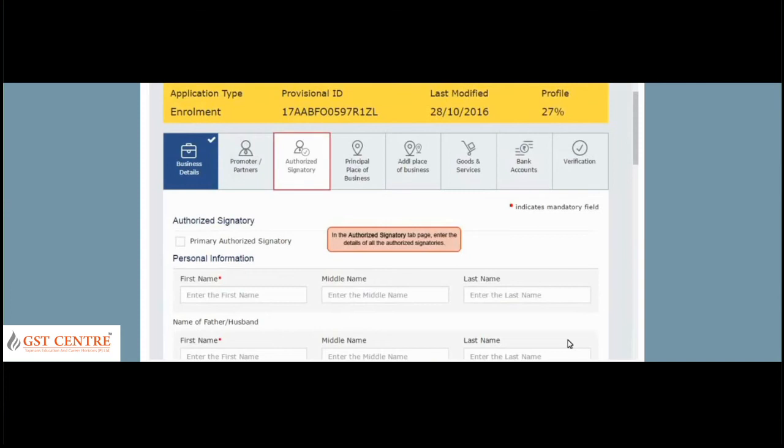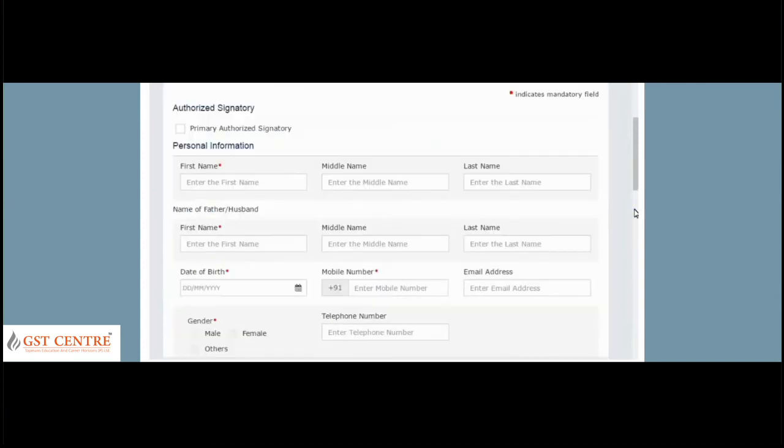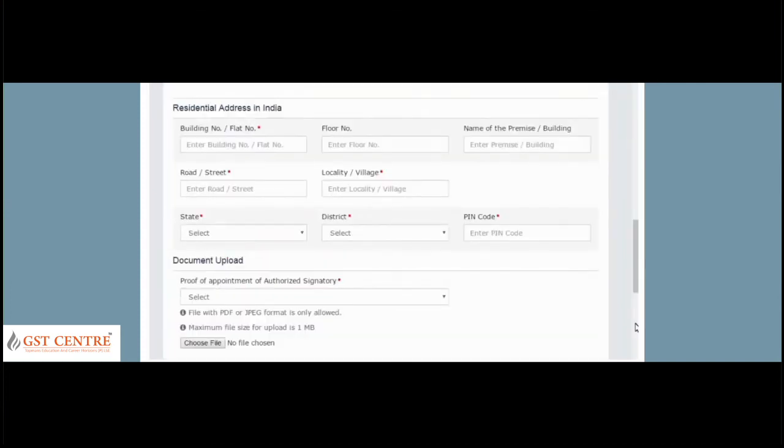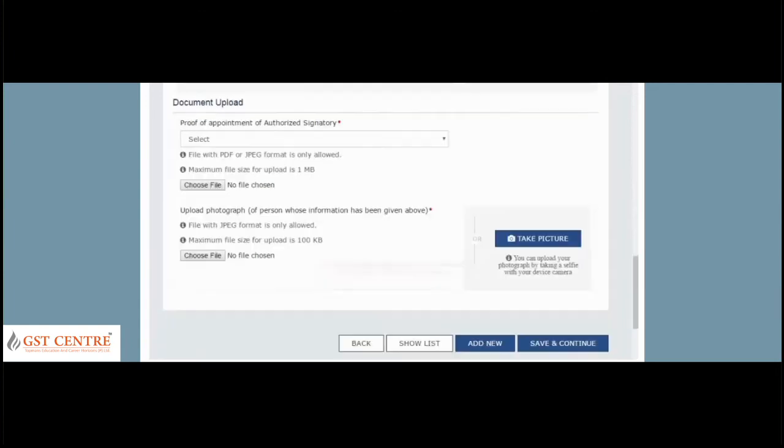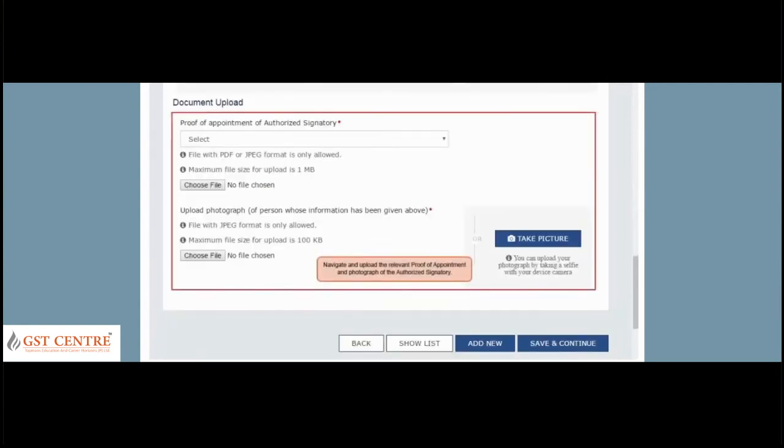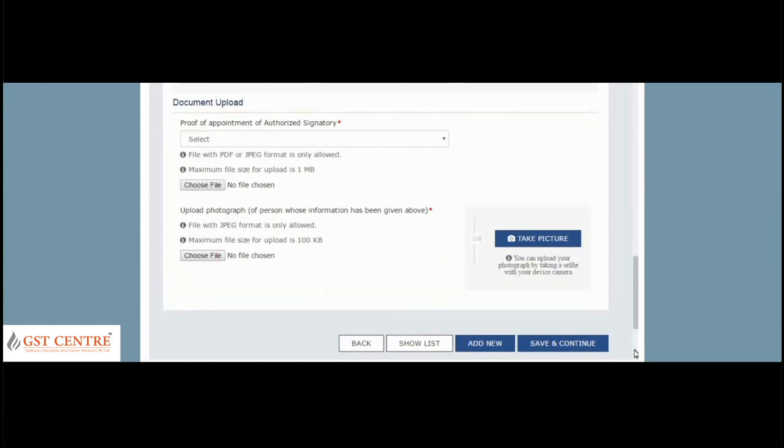You can input the authorized signatory details and personal information. You can enter the residential address, and you have to upload proof of appointment of authorized signatory and the photograph of the person whose information was given. You can add new persons also. Moving to the